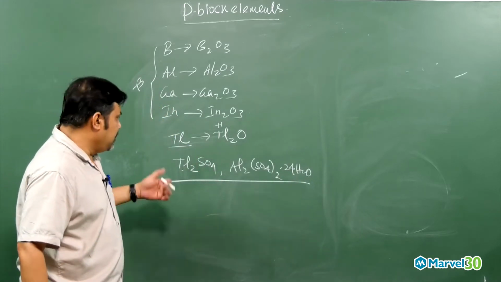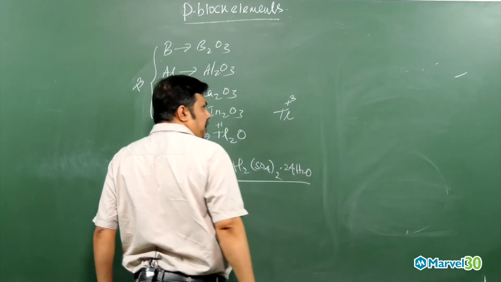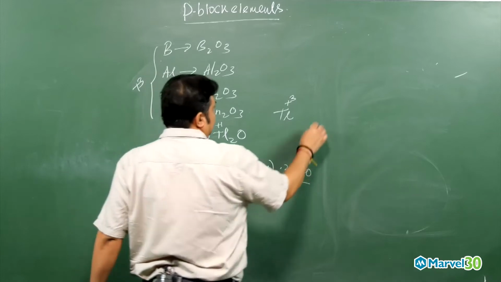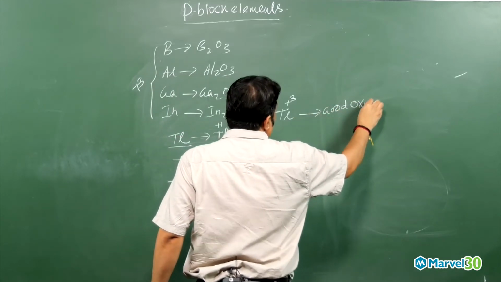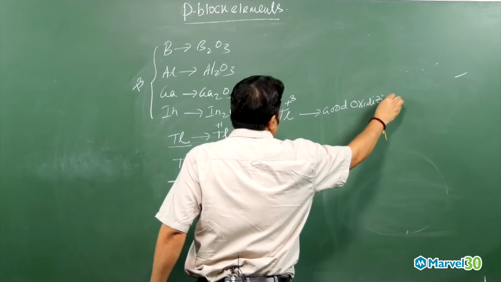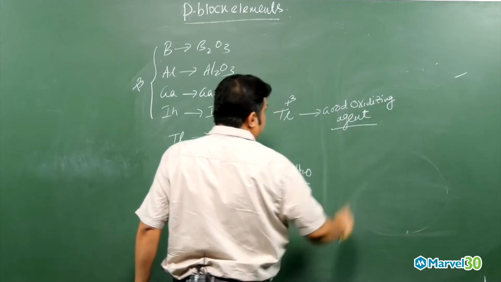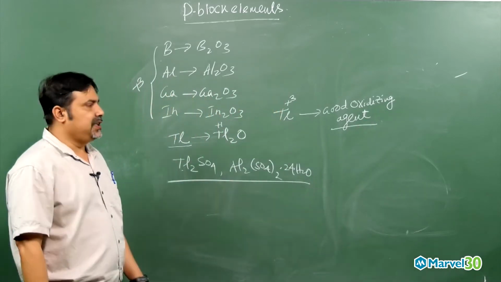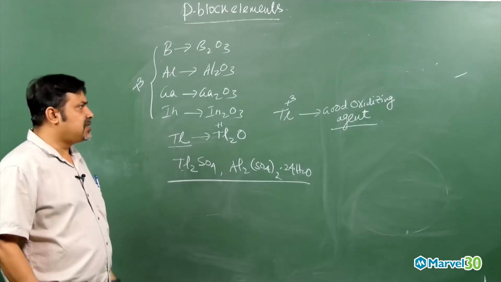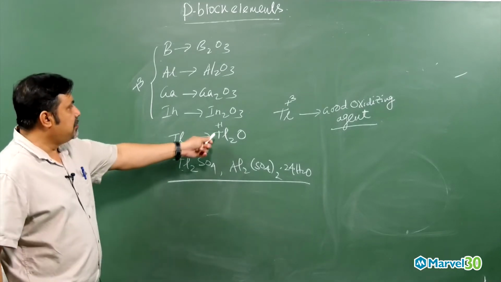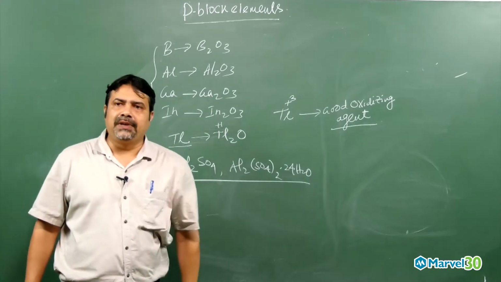They will ask you: thallium +3 is a good oxidizing agent. Explain this phenomenon. How will you explain it? Because for thallium, the stable oxidation state is +1 instead of +3. Why? Because